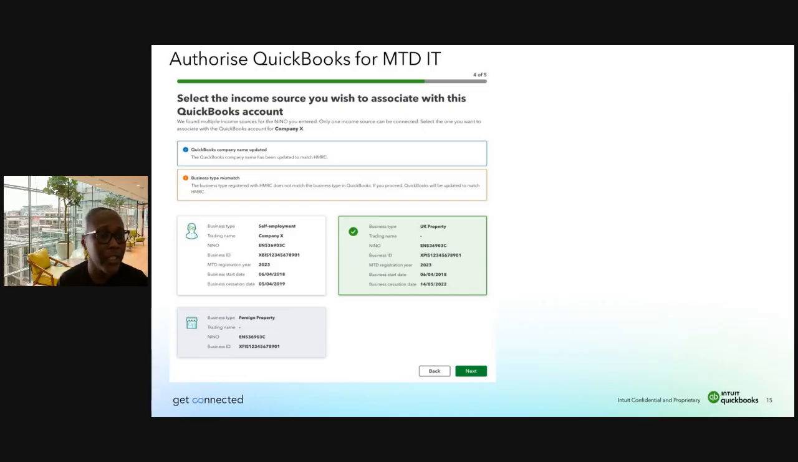QuickBooks does some validation here with regards to the business name that you have, as well as your business type, just to ensure that you're linking the correct business. It also provides additional information with the NINO, which makes sure that you link the correct client to the QuickBooks license. Now, once you've validated all of that and you click next,